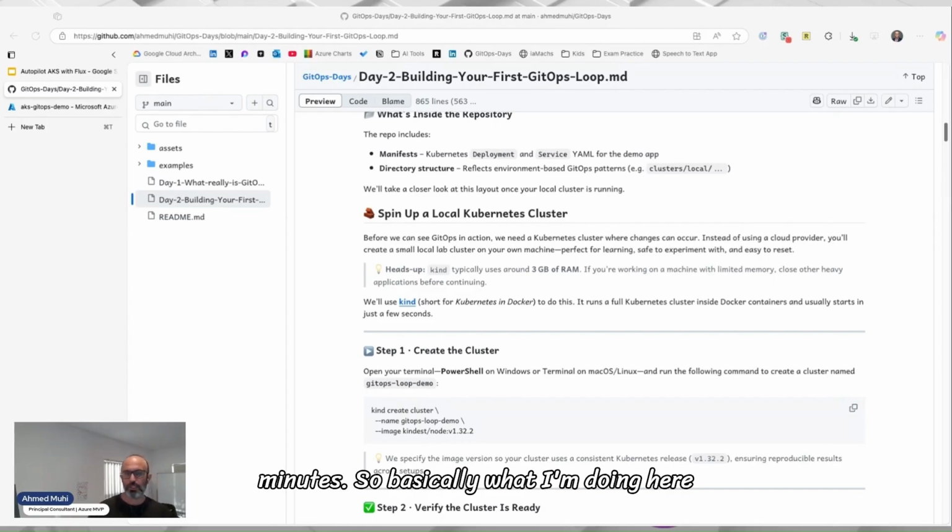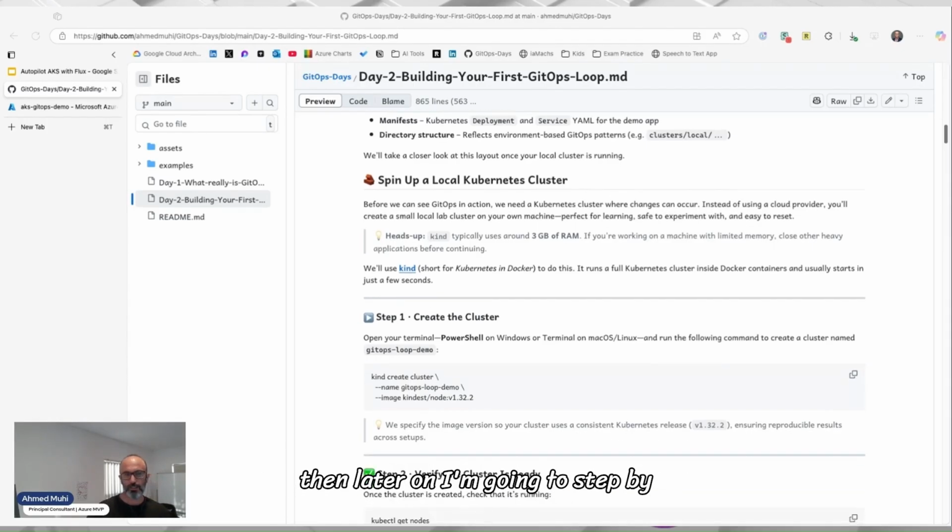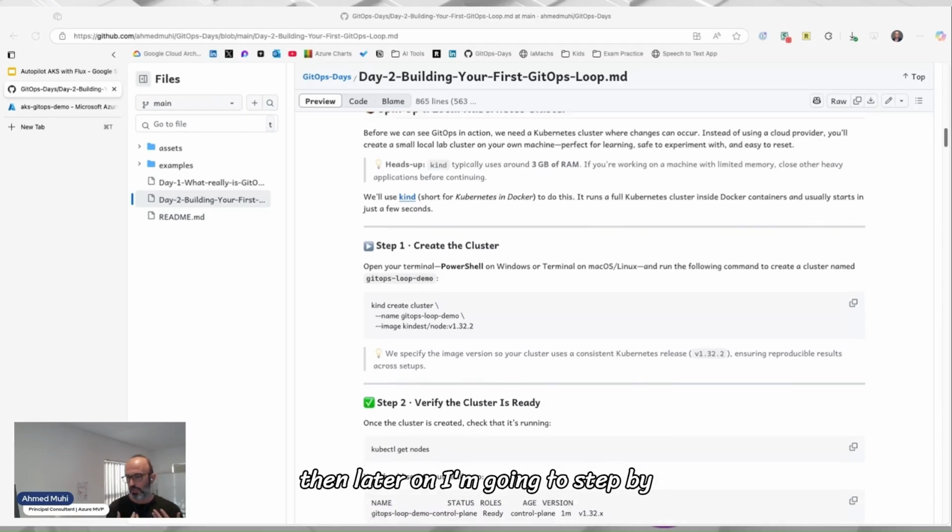So basically what I'm doing here is creating a Kubernetes cluster, and then later on I'm going to step-by-step install Flux into it, and then connect Flux to my GitHub repo. And then after that, Flux will start to deploy the application that we have defined. So right now it says our cluster is working.